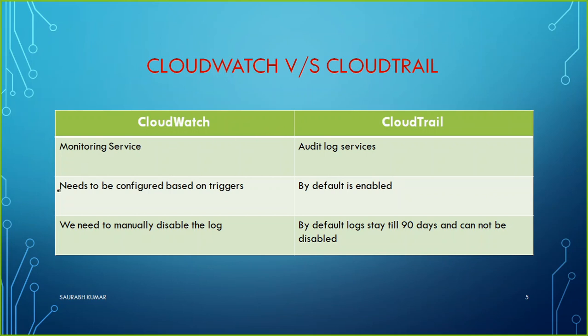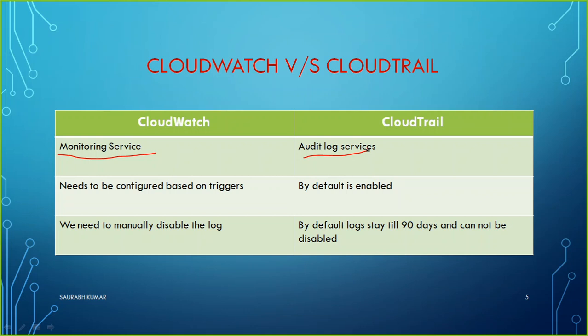CloudWatch is a monitoring service, but it is just helping you to do the monitoring. Like you have Task Manager, where you see a graphical presentation of how much RAM is being utilized, how much processor is being utilized, and how the processor utilization was over the last few minutes or hours. Similar to that, CloudWatch gives you a monitoring service where you monitor the utilization of resources. But CloudTrail is an audit log service. Any event which happens will be stored as a log there.